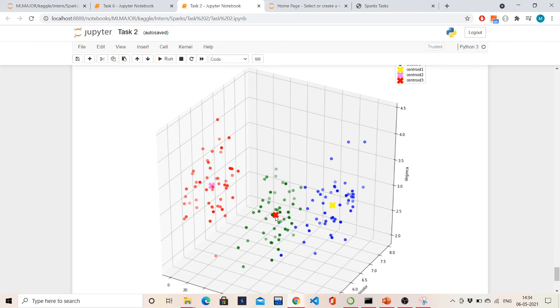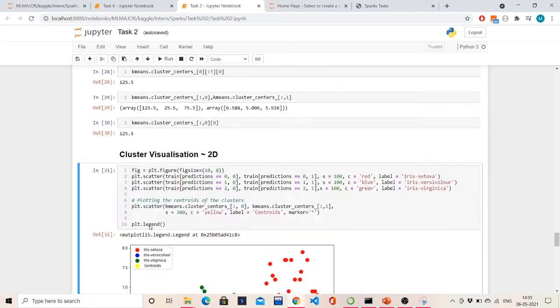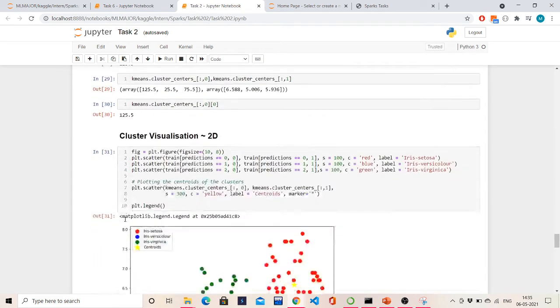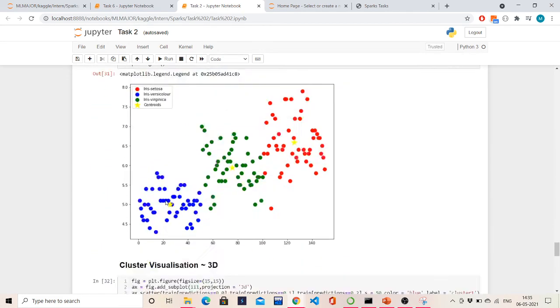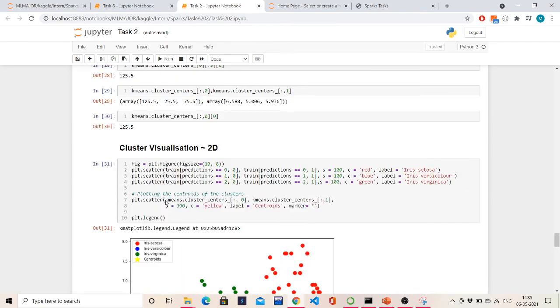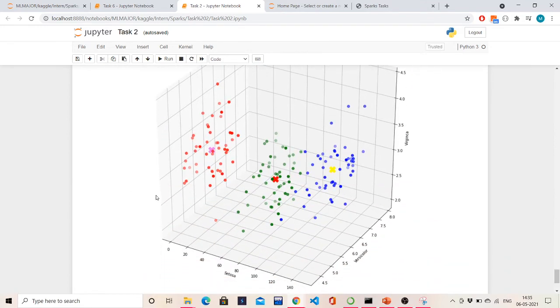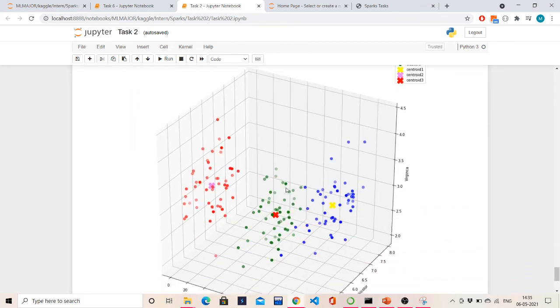And for the green, this is the centroid point, and all the points are at a close distance from it. We can see that this point over here is close to this point and this point, but in 3 dimensions maybe this might be less and this might be more, who knows. So that's the reason why I moved from 2D diagrams to 3D diagrams, because when you are working with n-dimensional arrays, it is better to visualize in 3 dimensions. You can also visualize in 2 dimensions, but you cannot get as clear a picture.